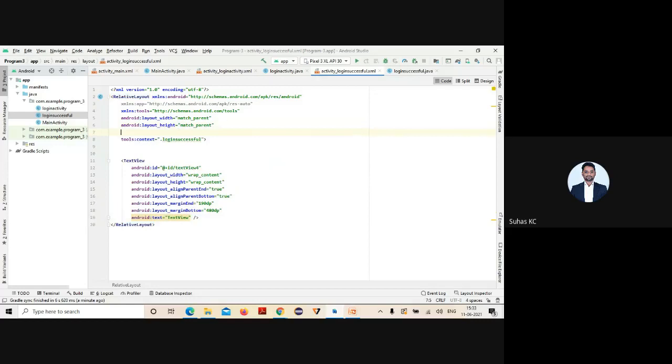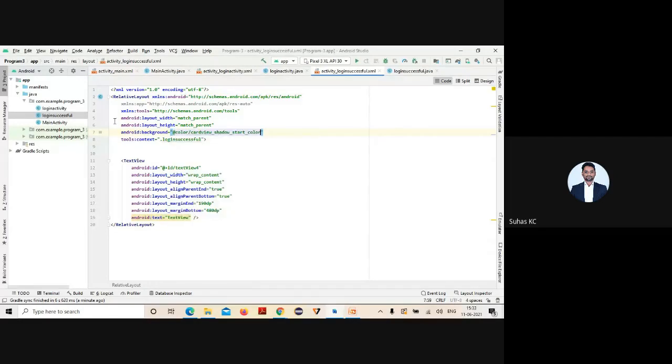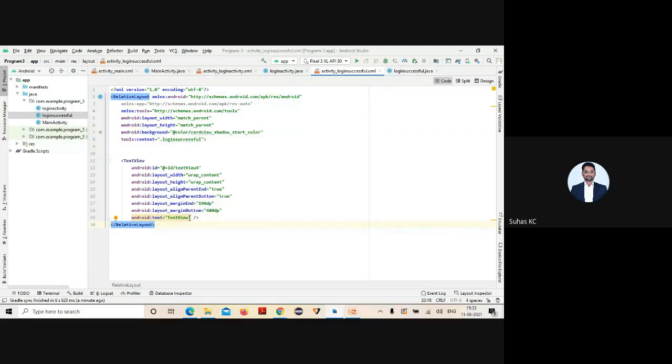Something like the background, if you want to change it, a gray color is there, let it be. Here, what text to display: Login successful, and the size has to be increased.